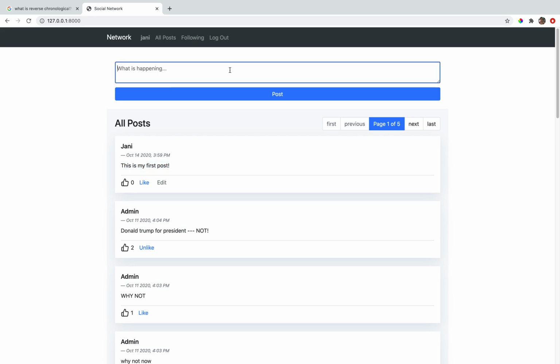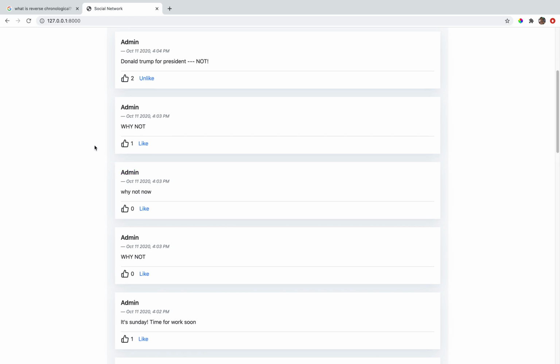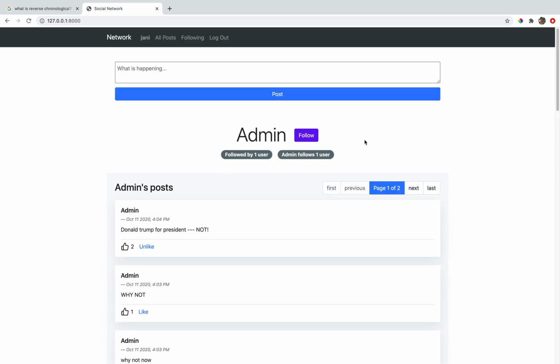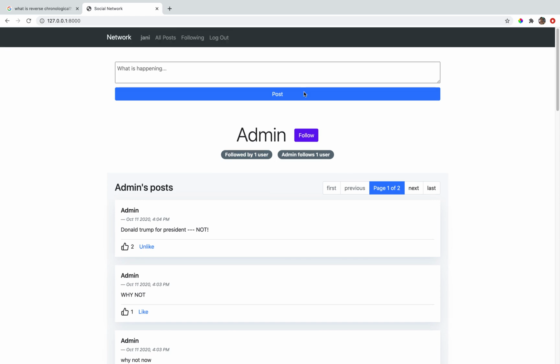At the top, the user can write a new post. And as you can see, it will immediately show here. So if you click on a user, you're taken to their profile page where you can see how many users are following them and how many they follow. I've left the new post form on all my pages just so that it's there quickly